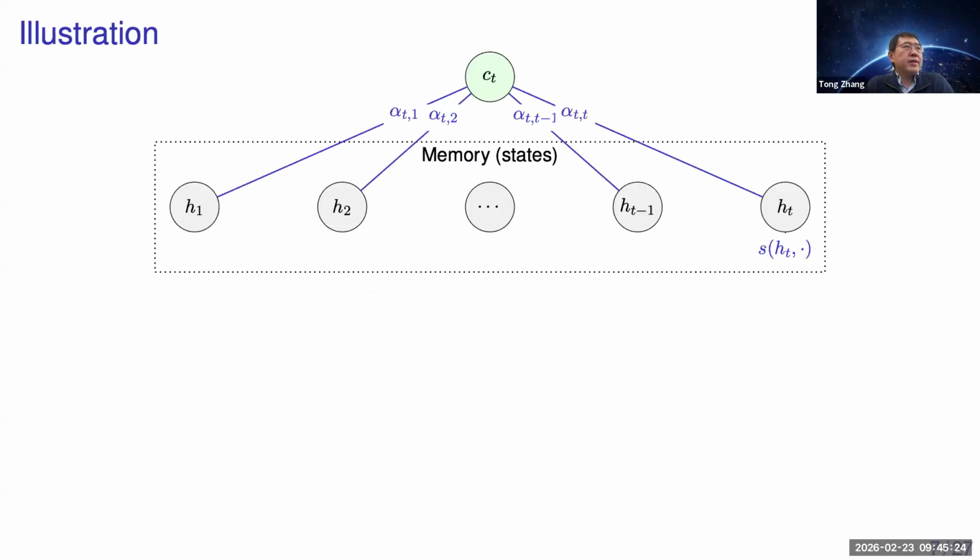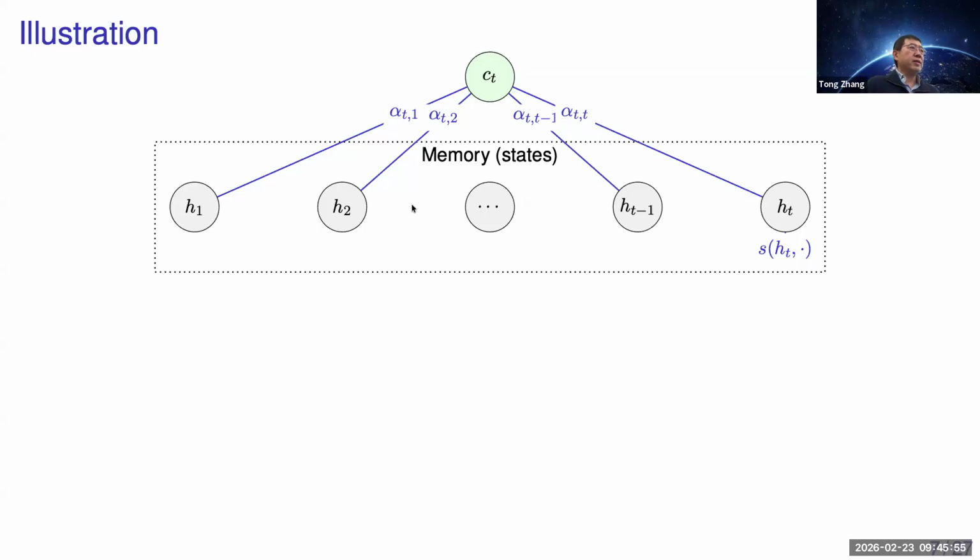Now let's look at the illustration. So this is a history, a memory. Sometimes we call it memory. Generally, attention is a memory mechanism, a memory retrieval, and later we will also see a different, more general form of attention, which is used in the transformer. But let's say it's historical information you are saving in your history states from H1 to HT, right? So each time state, again, as I mentioned,